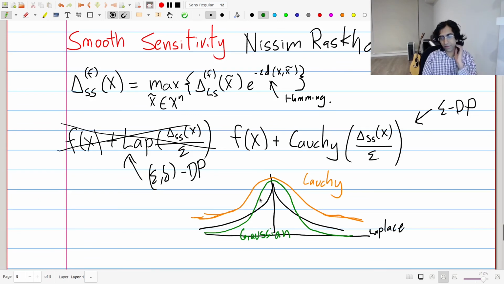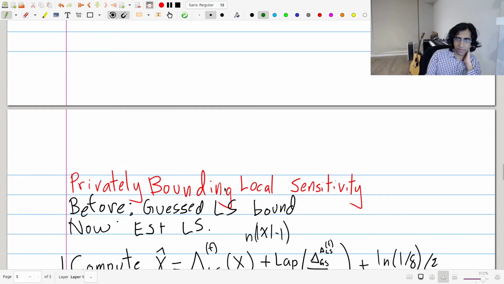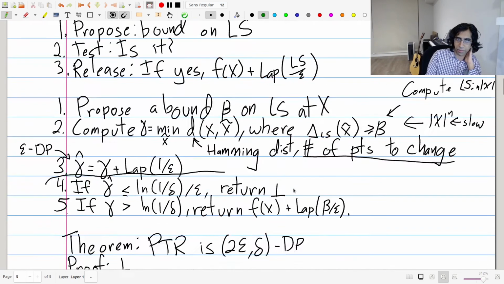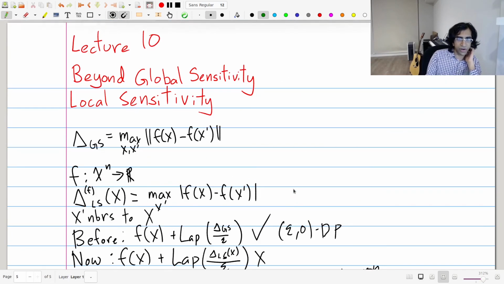So again, this is only a very brief coverage of smooth sensitivity, but I think all three of these topics we've covered today, smooth sensitivity, privately bounding local sensitivity, as well as the proposed test release framework, are very powerful frameworks which are very useful when, in particular, the global sensitivity might be too large or too difficult to deal with, or it might vary a lot and you really want to get beyond just the global sensitivity. So I think it's a good tool to think of in your toolbox when you're looking at differential privacy, and not just give up the first time if you see that the global sensitivity